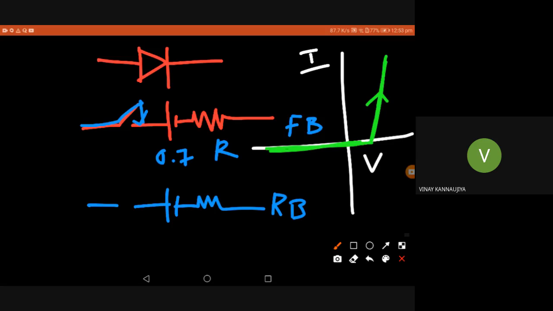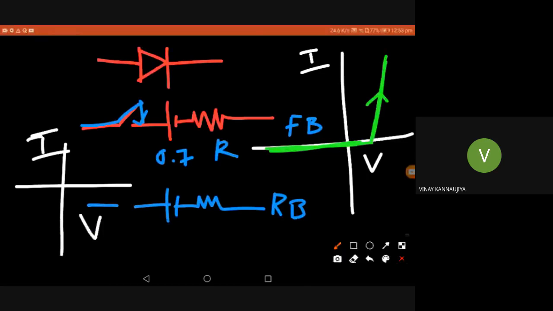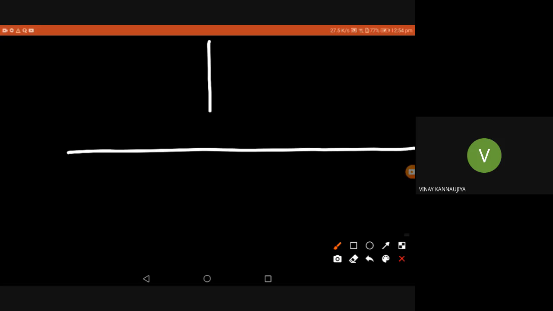But resistance is linear. Whenever we plot the graph of resistance, we will know that it is linear, right? This is I, this is V. How will you plot the resistance? It will be something like this. As V increases, I also increases. As V decreases, I also decreases linearly. So resistance is a linear device. Diode is a non-linear device. Okay. Now, what is the real graph? Now we go for the real graph. Practically, or non-ideally, we have a